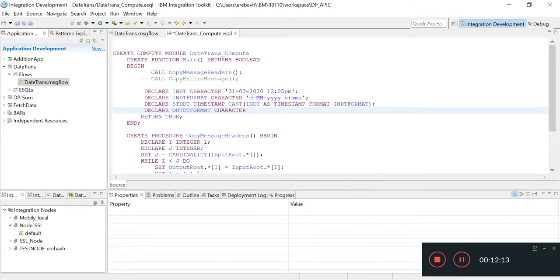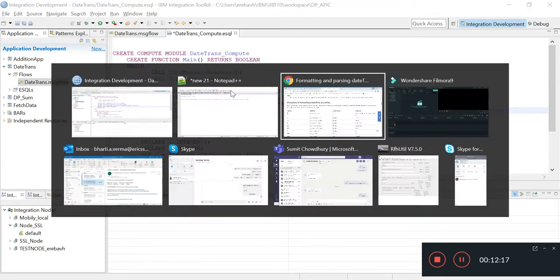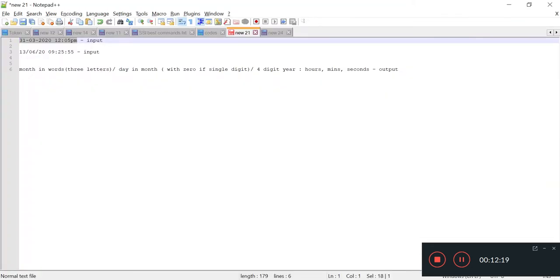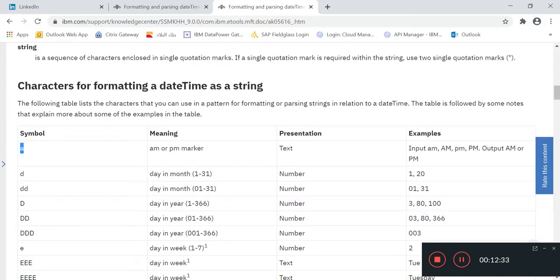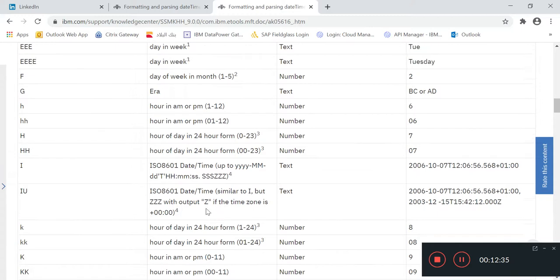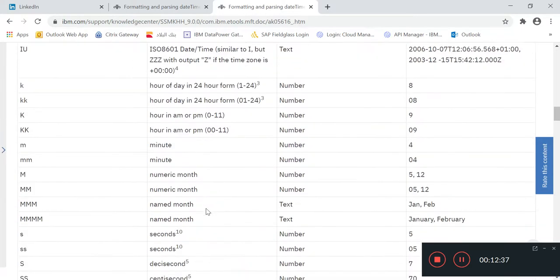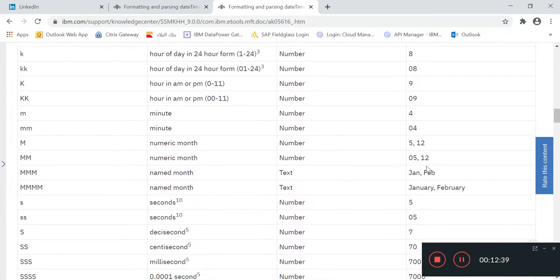Our output date format is, let me show you, month in the words and day in month and 4-digit year, hour, minute and second. So you can check here month in the words, like Jan, Feb. See here a month in the words with JAN and FEB.